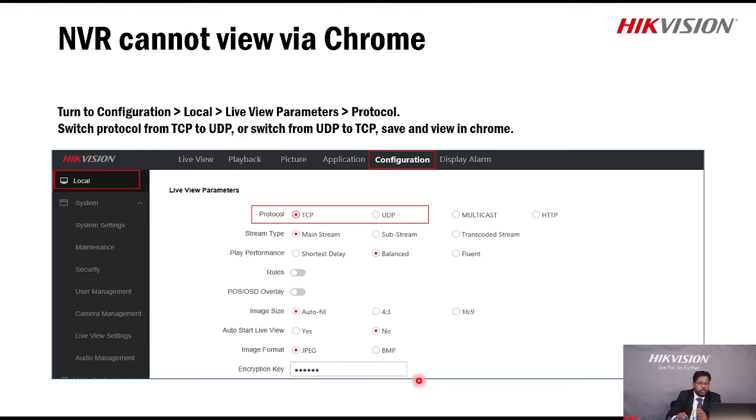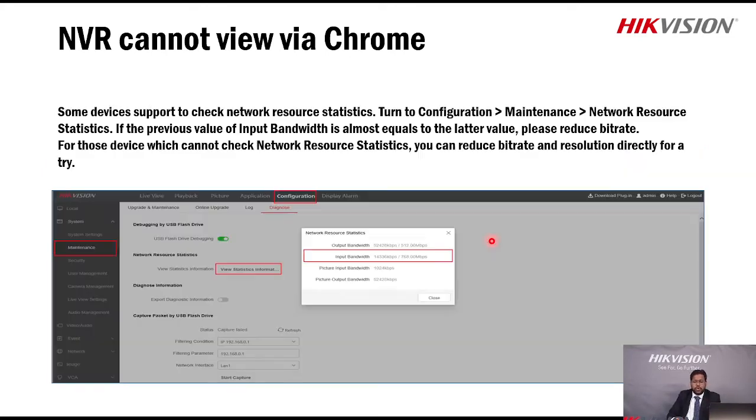Go in the configuration, go in the local option, and there is a protocol which you require to check. If there is TCP, you can change it to UDP. If there is UDP, then again change back to TCP and try again after saving this setting. Check whether you are able to view these cameras on your Google Chrome or not.